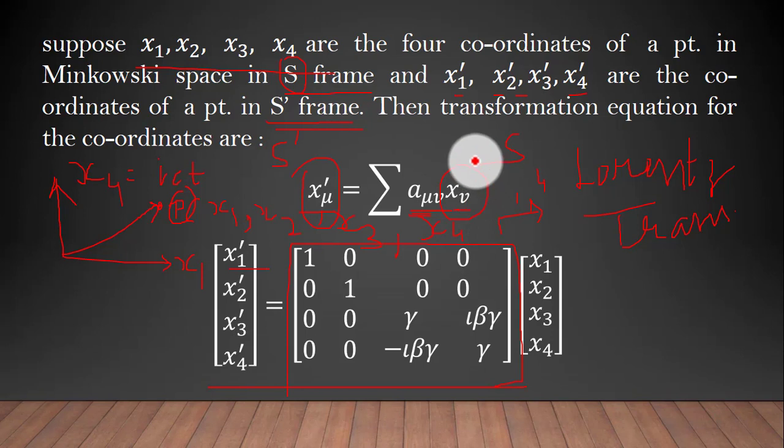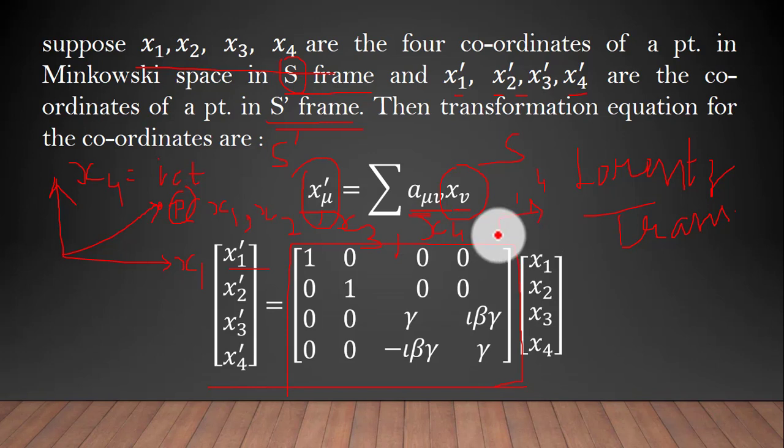In a similar manner, we have defined the position vector and the equation for the position vector. If we want to transform the coordinate of any point from one frame of reference to another frame of reference, we will have to apply this transformation equation for the change of coordinate of any point from one frame of reference to the other.